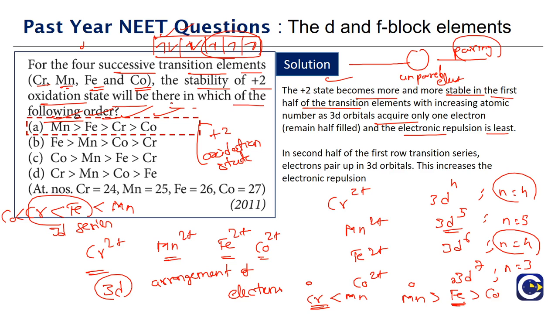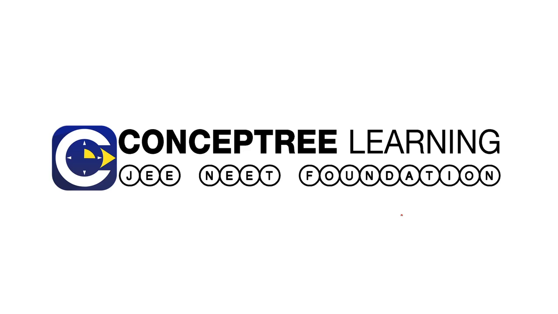So we are explaining stability based on the repulsions between the paired electrons. Up to half, which is manganese, half of the 3D series, we are not pairing electrons, so stability will be increasing. And when we start pairing the electrons, that is when the stability will decrease. And when we have a tie, the number of unpaired electrons being the same, how do you resolve the tie? We will resolve the tie by looking at the nuclear power. Clear? So the correct answer for this is option A. Now this is about the part 3 video, and we will see in part 4.